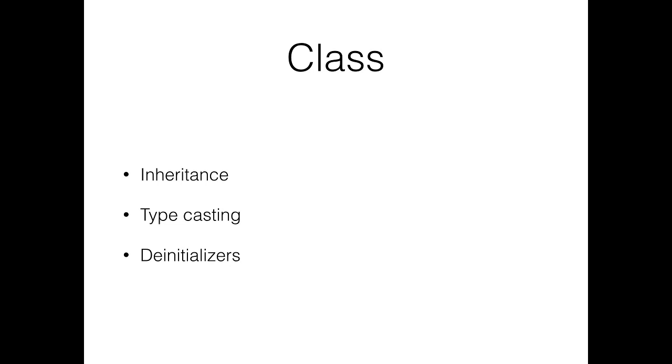So class is pretty much well known for everybody. And one thing that structs can't do is inheritance. So you can't have a struct that inherits from the other one. You can have typecasting, but typecasting is basically because of inheritance, and you can have the